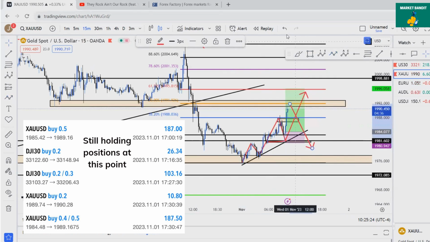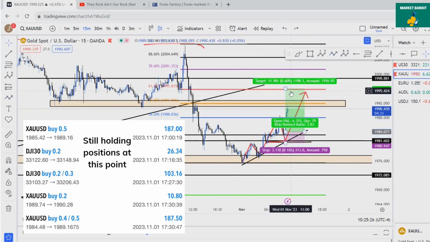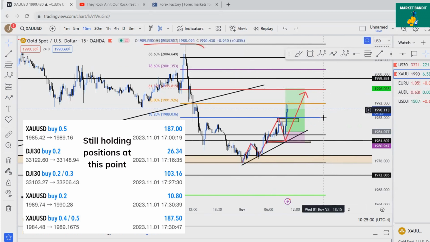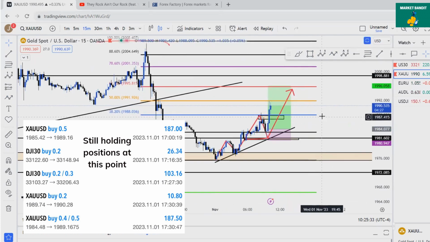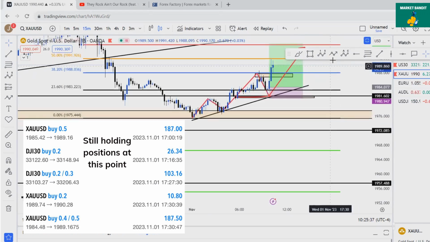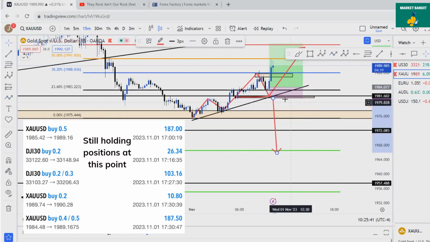So as we see, that's what price reacted from. I'm expecting price to spike up a little bit over, but it doesn't have to. But that's what I was expecting price to go to. Once, as you see, I had a structure here. If price had actually broken out of the structure here, I was going to look to start taking a sell. But once I saw price give us that rejection, that doji candle, it was game time. It was game time, baby.